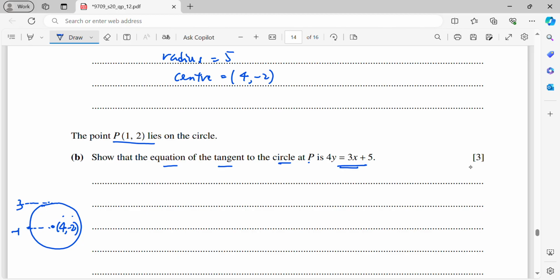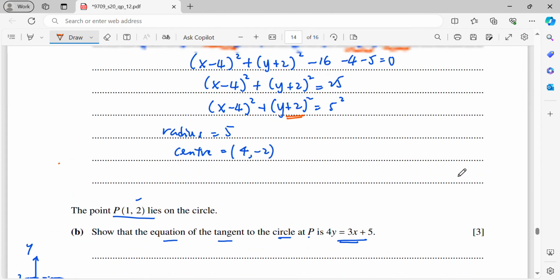Alright, so when I sketch it is roughly like that. So this is -1, here is 3. This is y, this is x, and this is -2, roughly here. Here is my 0. Now, show that the equation of tangent, P is (1, 2). So my (1, 2), let's say here is,